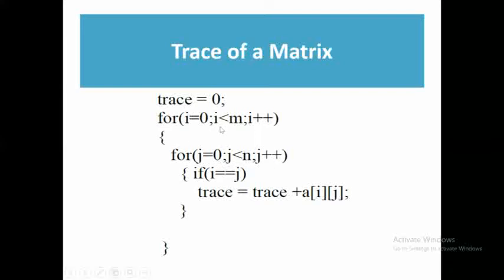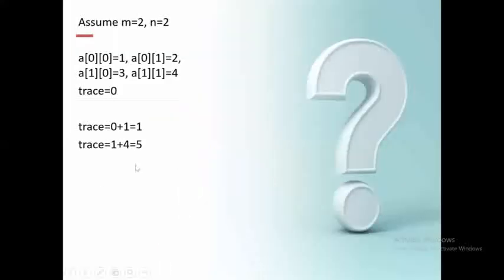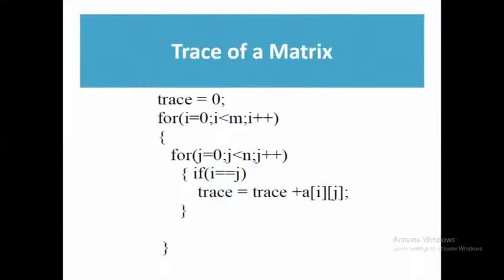Now here I, previously I value is equal to 1, now I plus plus, that is now 2, 2 less than 2 condition is what? False. This is how you compute the trace of the matrix, that is the sum of the diagonal elements, 1 plus 4, lastly result is 5. Whenever I value is equal to j, you perform trace is assigned by trace plus a of ij. That's it. Trace is assigned by trace plus a of ij whenever both I and j are equal.